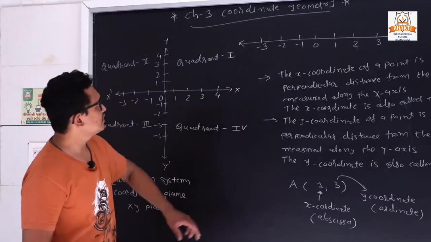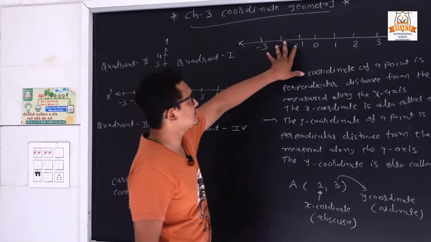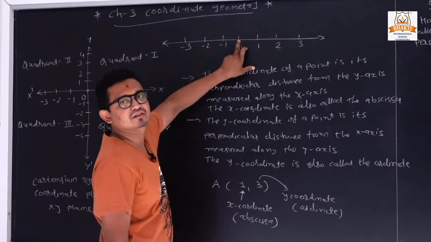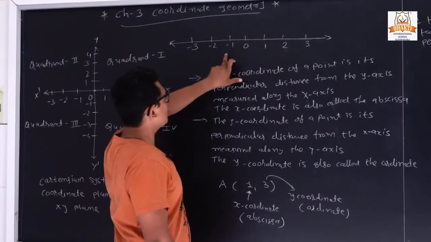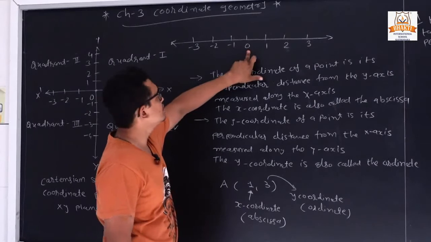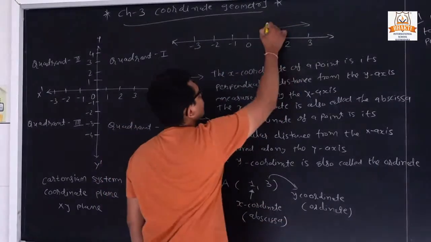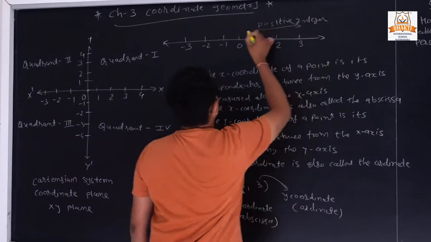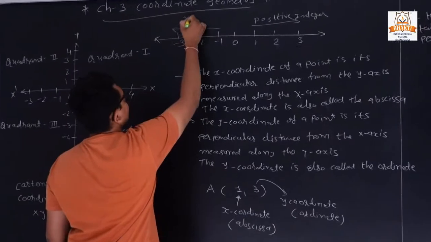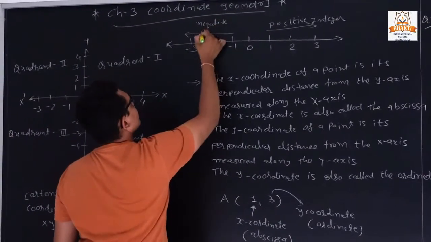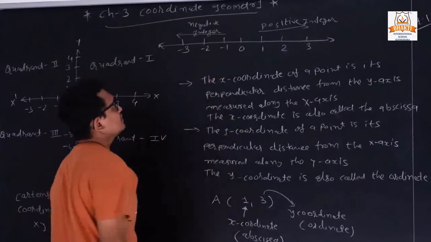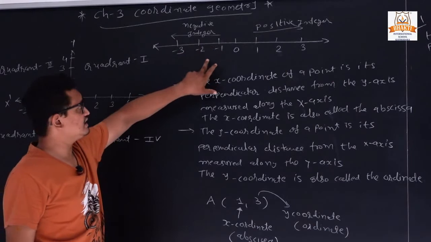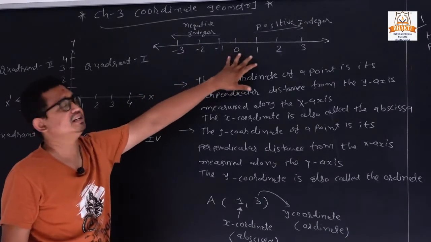In the introduction, in the previous classes you are familiar with the number line. Between the negative and positive integers, we have a 0. On the right hand side, we have the positive integers. On the left hand side, we have the negative integers. And between these, we have a 0. It is classified in our previous standard as positive and negative.